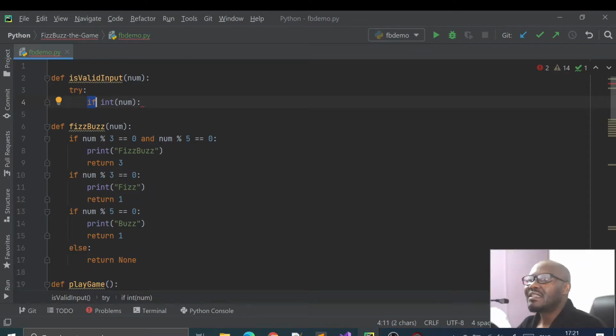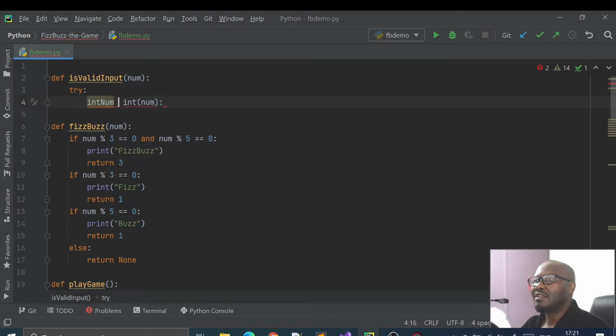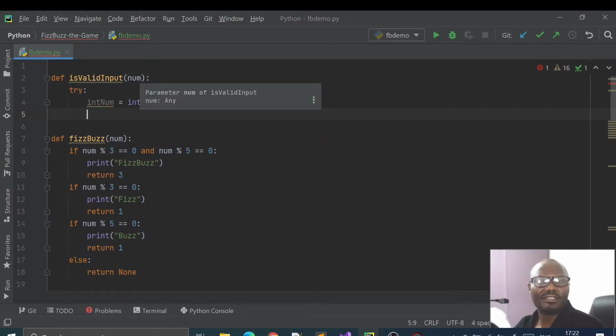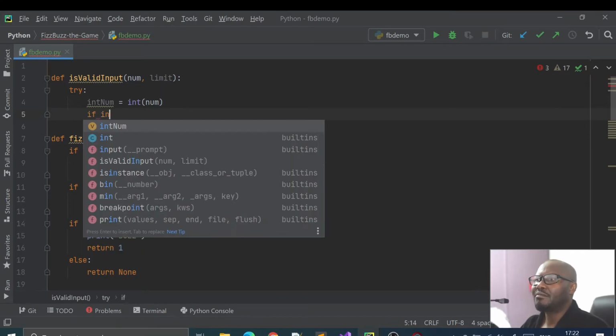We'll say int_num, the variable, is equal to that. Then we'll say if int_num, let's check for the validity to the range. This function takes a number and a range, let's say limit. So int_num is equal to this, and then we say if int_num